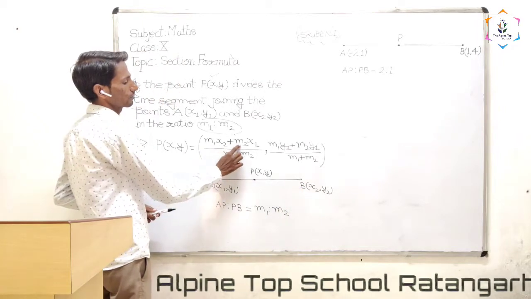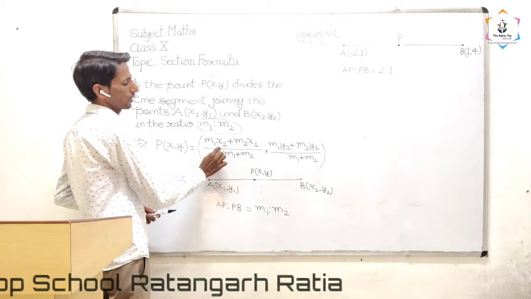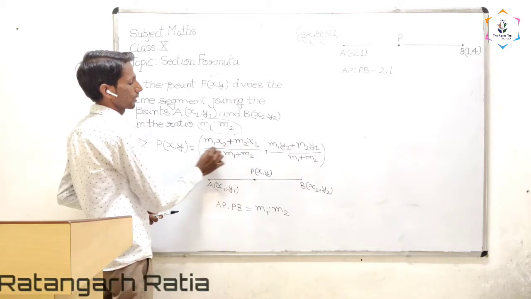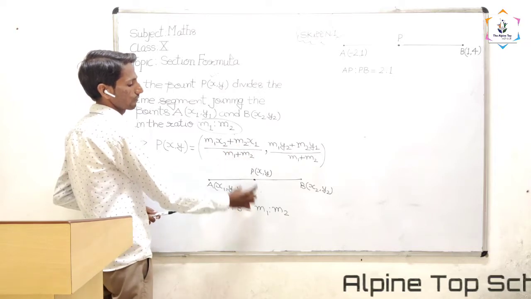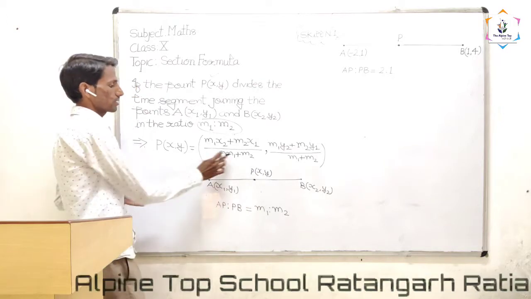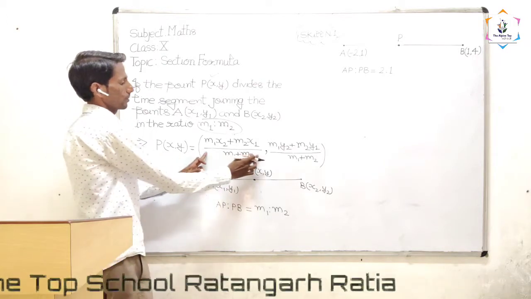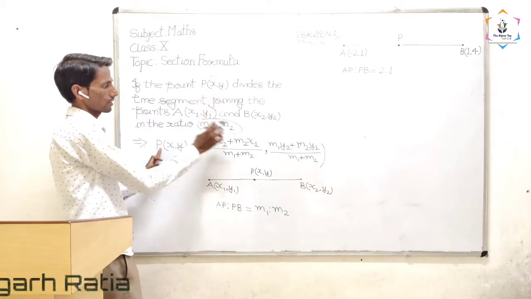Plus, now the reverse of it: here you have to take m2 and here x1. It means m1 x2 plus m2 x1 divided by the sum of the ratio in which the point divides the line segment. By this you are able to find the abscissa of that particular point which divides the line segment